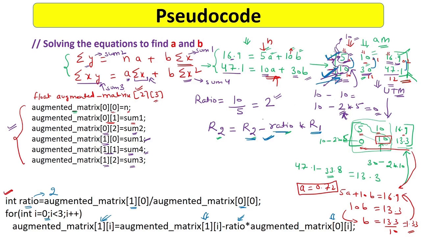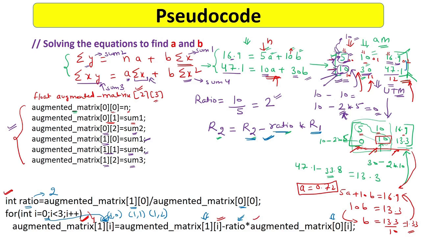The 1th row, and this i is going from where? i is 0, then i will be 1, i will be 2. So that means this will be something like 1 0, then 1 1, then 1 2. So at these various places I will be getting the changed values, that means these values. So I think this code is actually very easy. You can just run this and see how this code is working. And if you are not able to understand it, you can see the Gauss elimination video. You will easily be able to find this code and understand it. So you can just try this out.